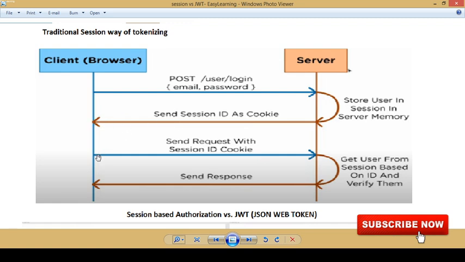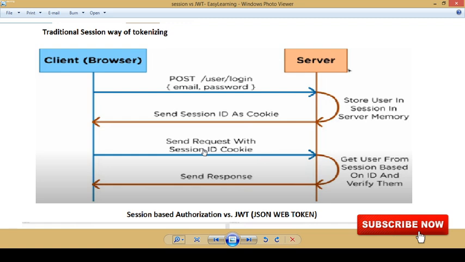Now next time when the client has to make a new request, it has to send this session ID cookie along with the request, and then the server will get the user from the session based on the ID and verify them, and then it will return the response to the client. So this is how we used to work with session ID.